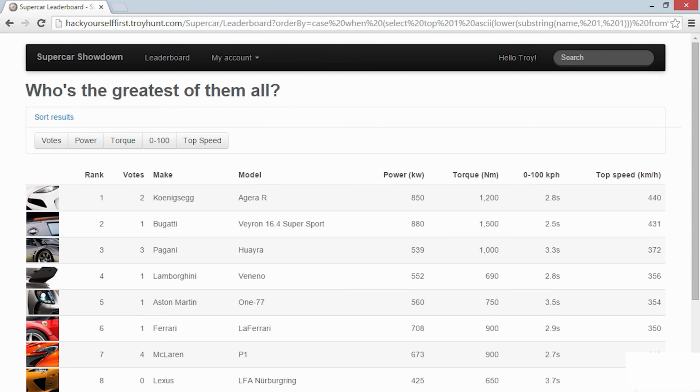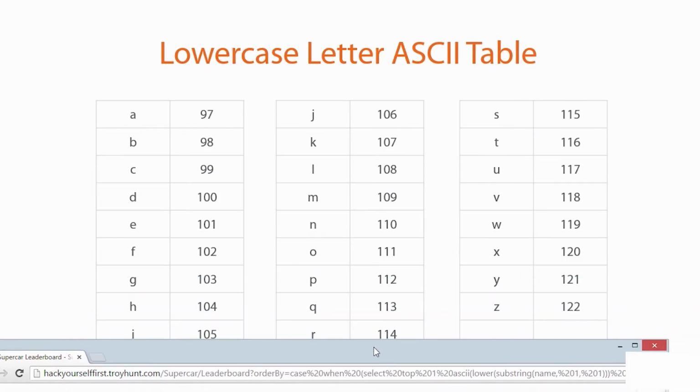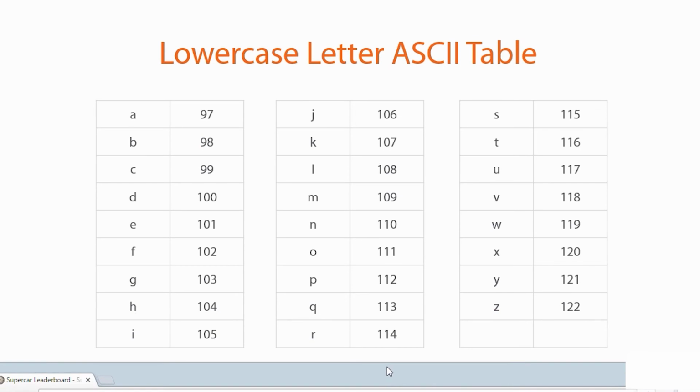And we get the Koenigsegg. So the answer is no. So we have to change our question. Now what I'm going to do is let me just reposition this window partially over our ASCII table from before, because I want to figure out what letter to do next. So if we want to go halfway between M and Z, we're going to want to take about an S,